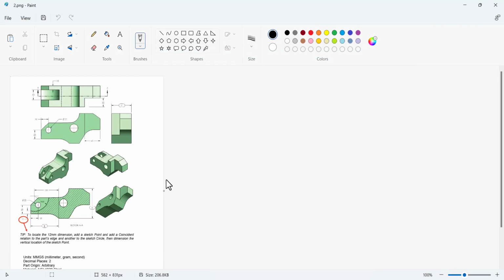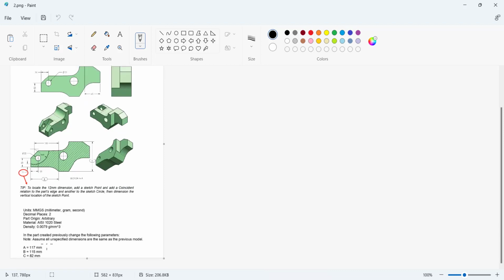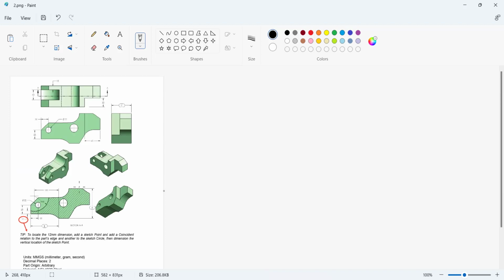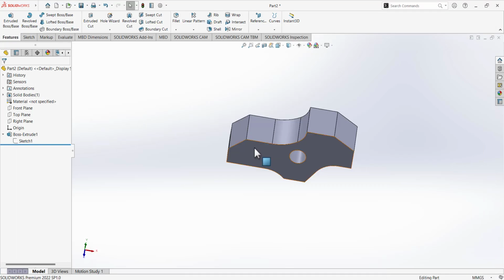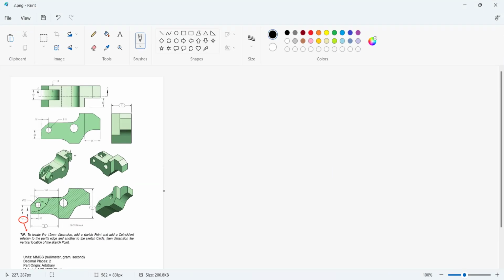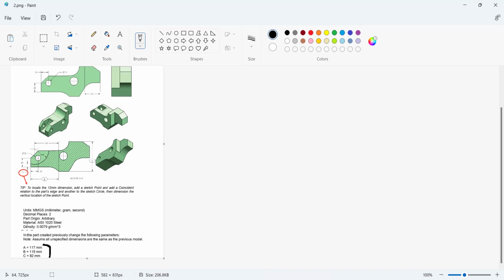So for the next part, we are going to make some cuts and change some dimensions. So here we have to change the dimension, some of them, and we also have to make a cut here and a circular cut. So first of all, we are going to make this circular cut, and we have to change this dimension. So A is